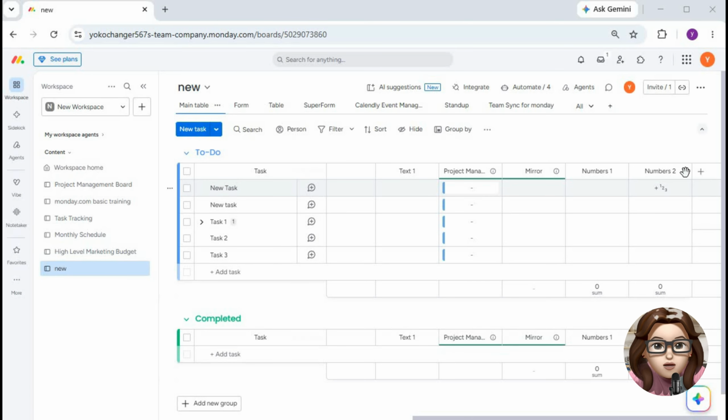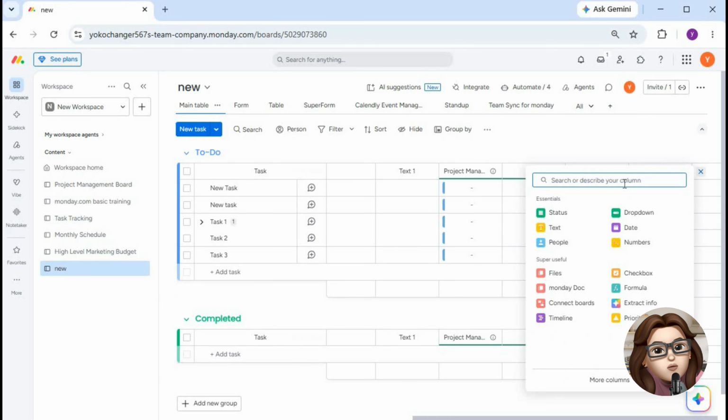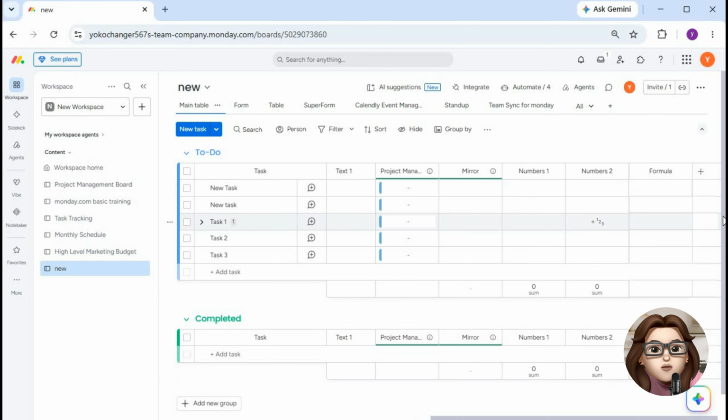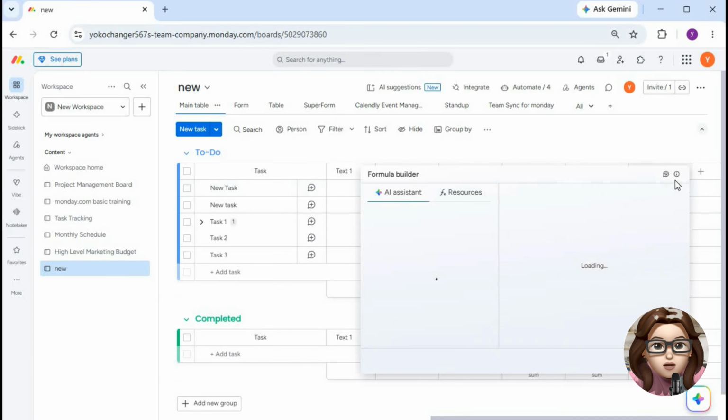Next, click the Add Column button on the right side of your board. Search for and select Formula column. Once the formula editor opens, enter a formula that references your source currency column and multiplies it by the desired